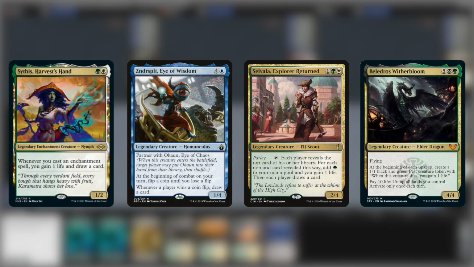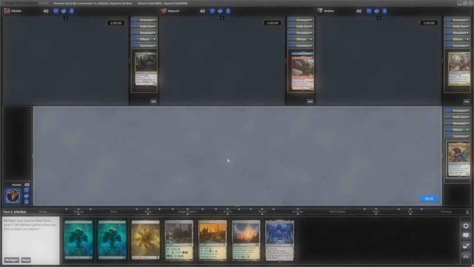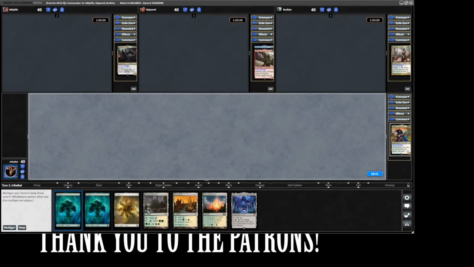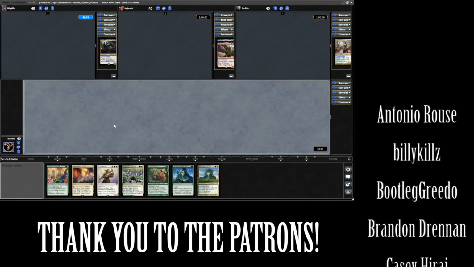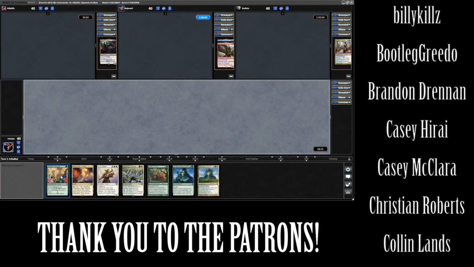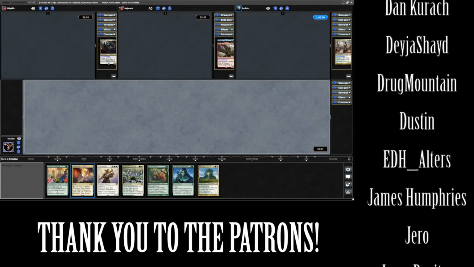Sythis, Harvest Sand versus Selvala, Explorer Returned, Okorn, Eye of Chaos, partnered with Zndsplit, Eye of Wisdom, and Beladros, Witherbloom. That is all lands, so watch us mulligan into a no-lander. Yeah, almost. That might actually be workable if we can get...